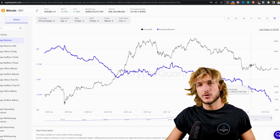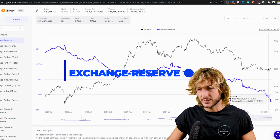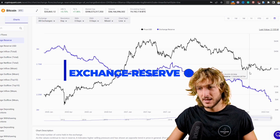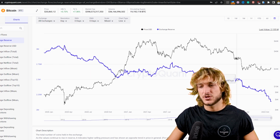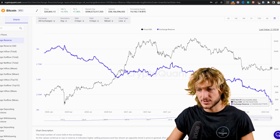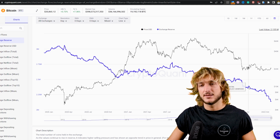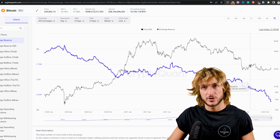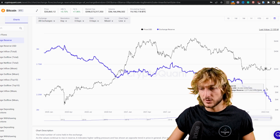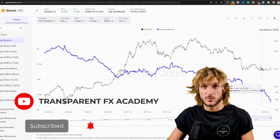However, if we look at the amount of Bitcoins that are currently on exchanges, we have seen a capitulation of that amount, which is this purple line. While the price was moving horizontally, a huge amount of Bitcoins got bought and moved away from exchanges, possibly into cold storage. What this indicates is that the current supply is getting shrunk over and over again within the one in circulation. And if the demand starts increasing once again,